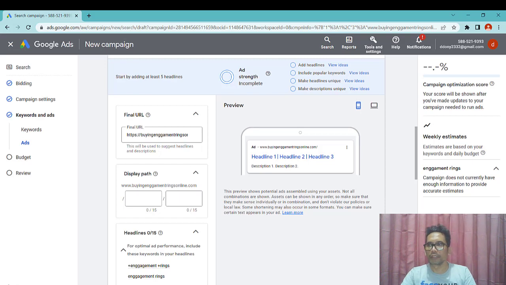What we are going to create here is exactly what people will see when they type in the targeted keyword. That we have to define. So let's create our ad for the keyword in the group engagement ring.